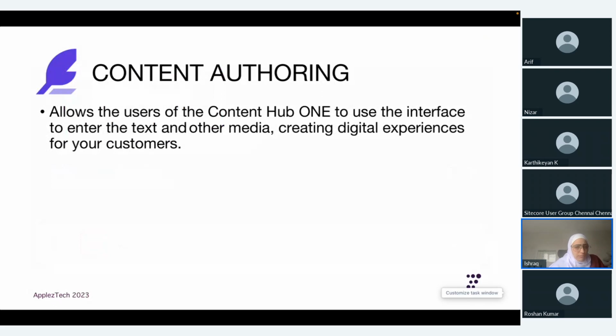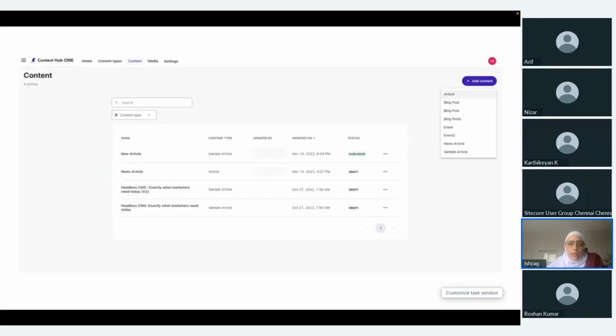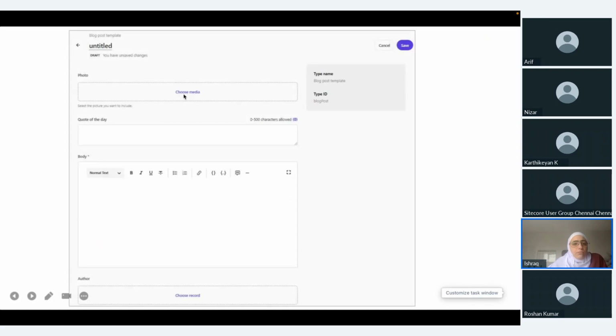The content authoring process is the same one that we know. There's a section called content where you can start adding content based on the types that you have created. You can search for the content that you've created. You can filter by type, and you can see it's a very simple